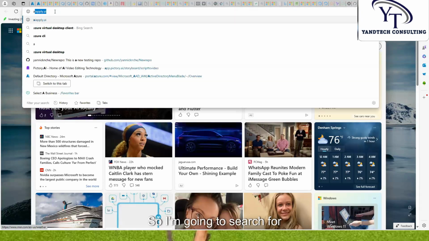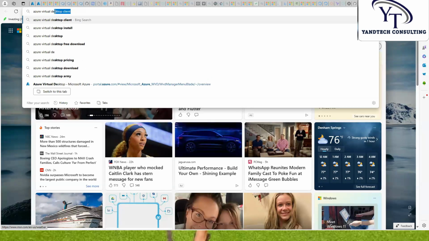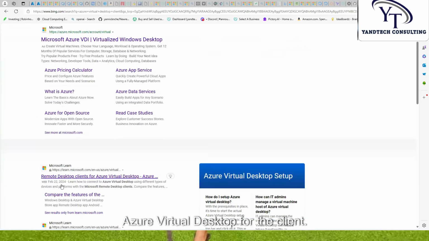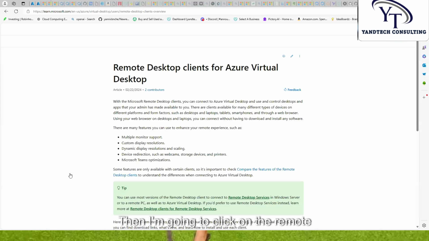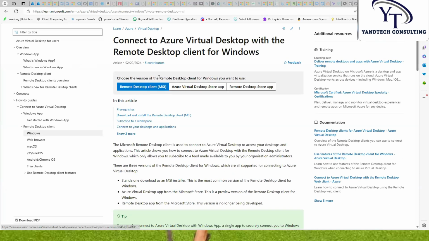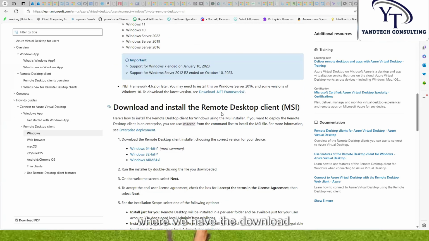So I'm going to search for Azure Virtual Desktop client. Then I'm going to click on the remote desktop. I'm going to where we have the remote desktop client. I'm going to click for Windows. Then I'm going to scroll down where we have the download. You see Windows 64-bit. Once you click on this, it will take you to the download, but I already have